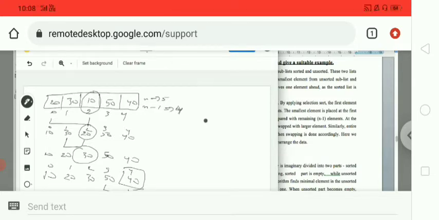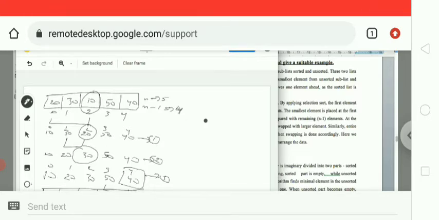So here I did one iteration, second, third and fourth. I took 5 elements and I had to do n-1, that means 4 iterations. Here we can see all elements are in sorted positions. 10, 20, 30, 40, 50. In this way we can apply selection sort to sort the elements.